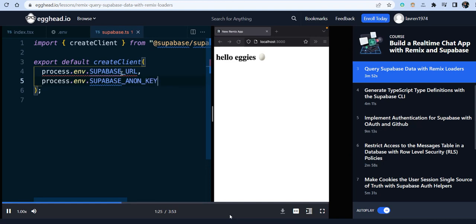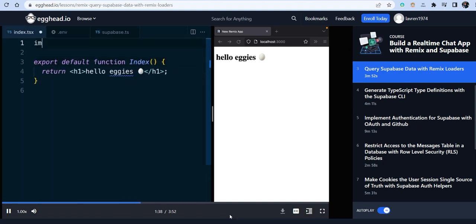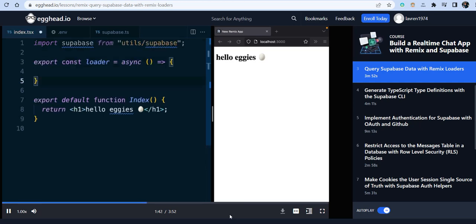Now TypeScript is telling us that this value might not exist, and so we can add an exclamation mark to say these values will definitely exist in all of the environments, and let supabase throw a runtime error if these don't exist. Now back over in index.tsx, we can import our new supabase client and export a loader function to